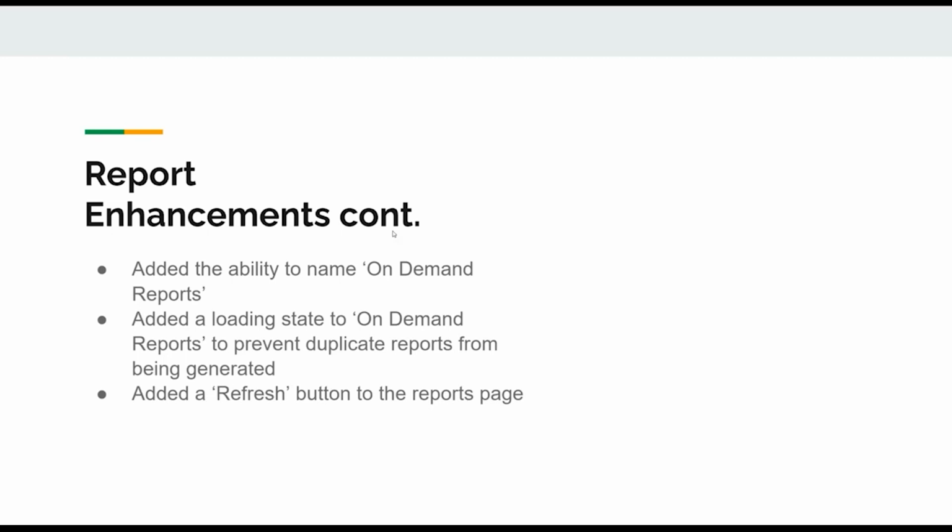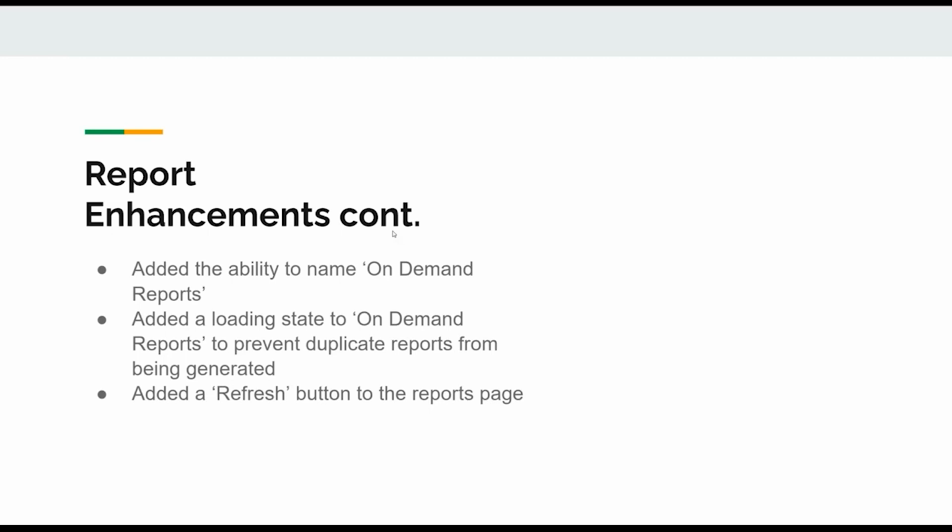Additionally, with those enhancements, there is the ability to name on-demand reports as well, and a loading state added to on-demand reports to prevent duplicate reports from being generated. Depending on your search, it might take a little bit for the tool to sift through thousands of entries, and you don't want to go, hey, this isn't running, let me click it again, and have it run twice, which is what happened a few different times.